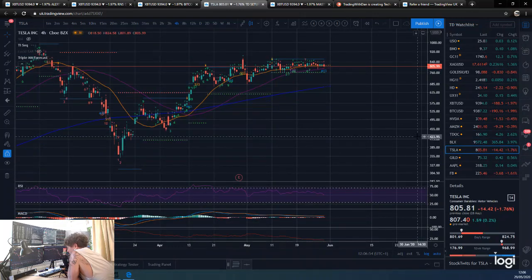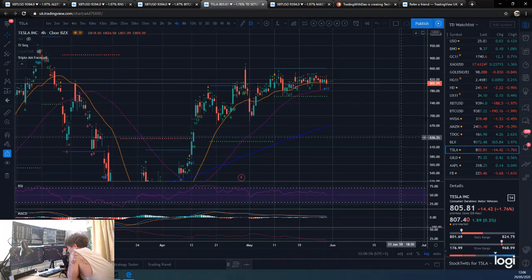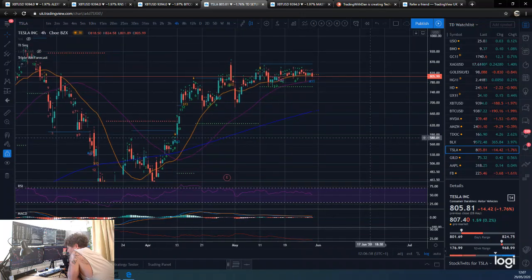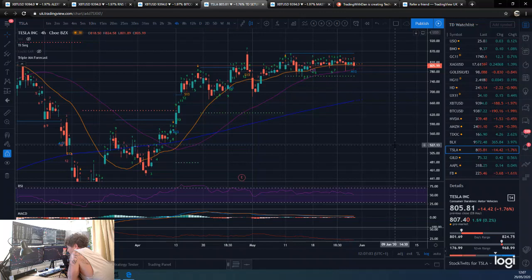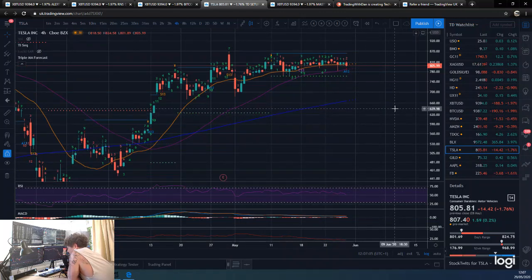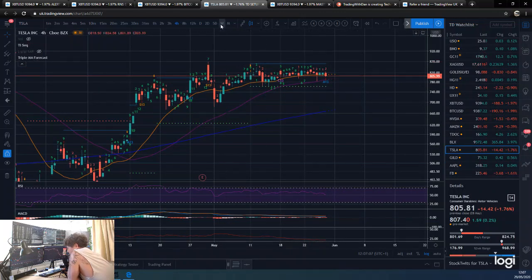Tesla's not been doing much, has it? I always see the price of Tesla, and I'm like, you're the most wild horse in the whole stock market. Why are you not moving? But obviously we know low volatility leads to high volatility, leads to low, etc. We can't really get anything TD wise because we're just too tight. So it is a case of waiting for it to break out of this range.